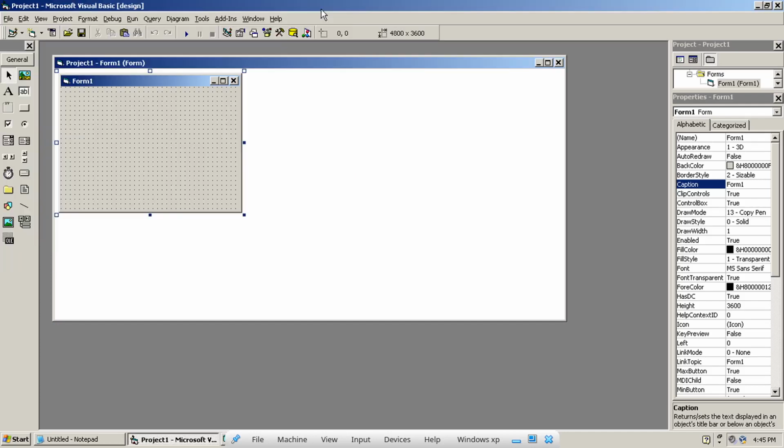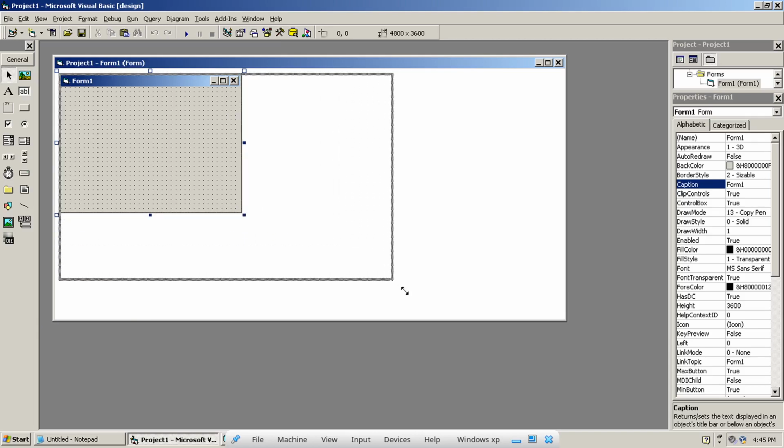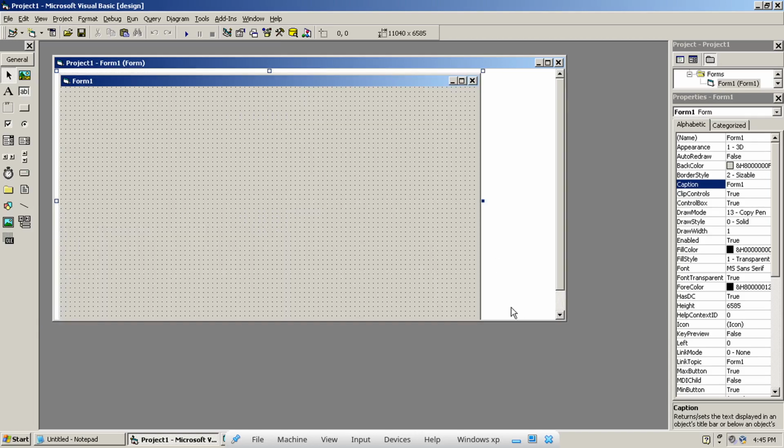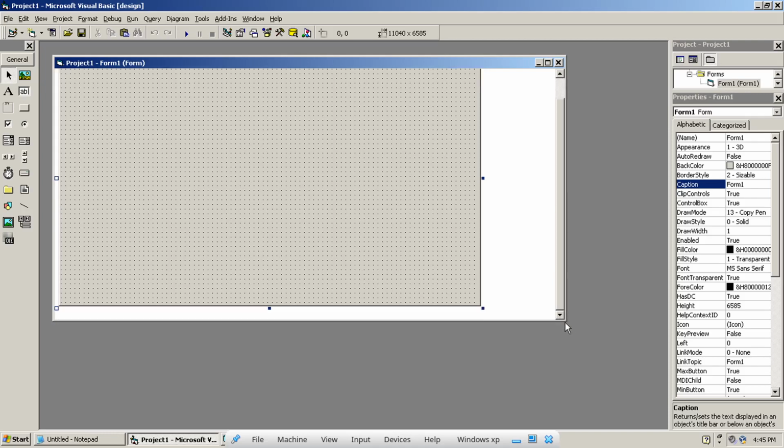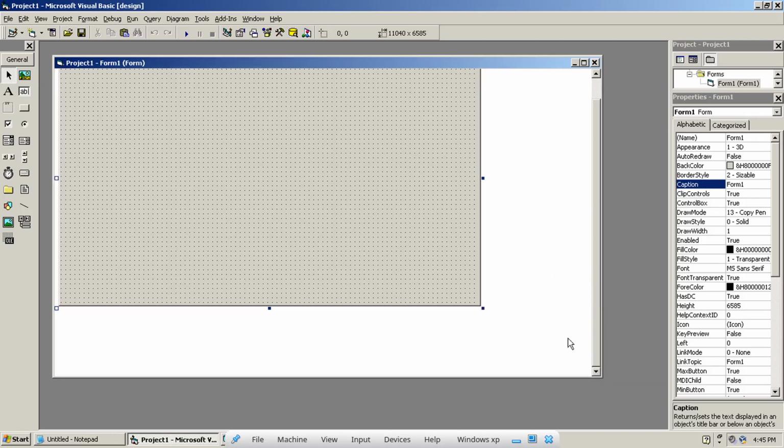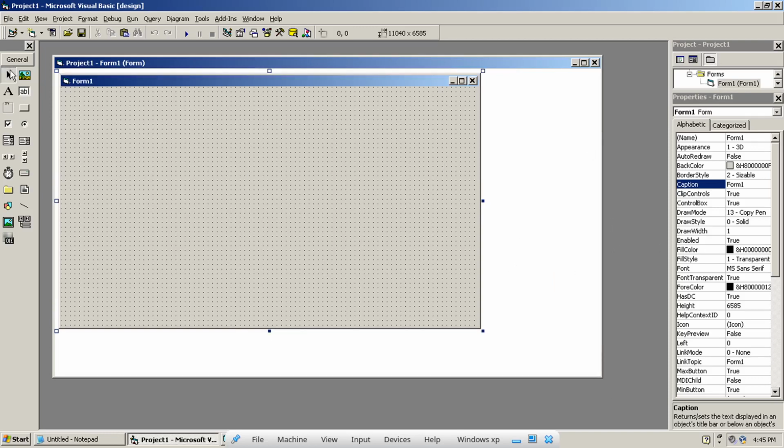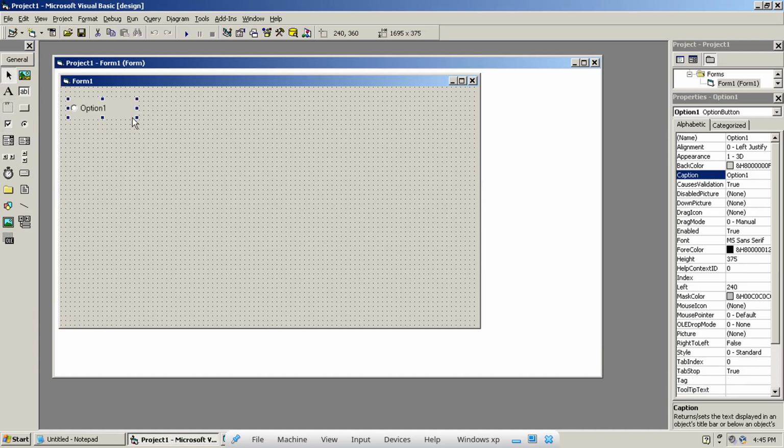Now I'm going to go into the design part. In the design part, I need to have 3 option buttons, because I'm going to search based on either ISBN, or author, or title.